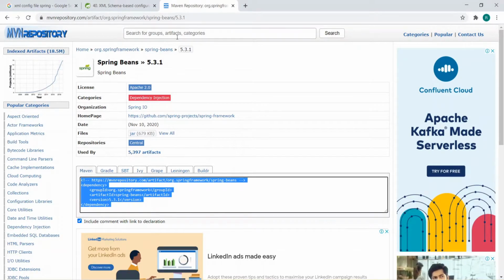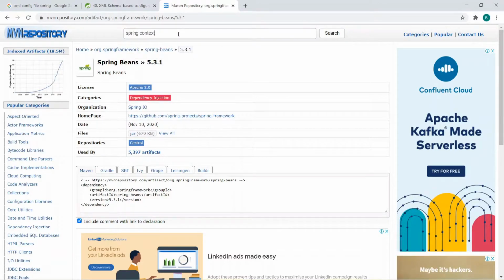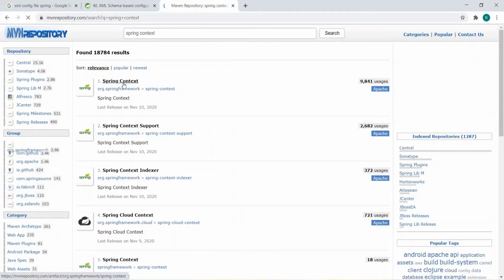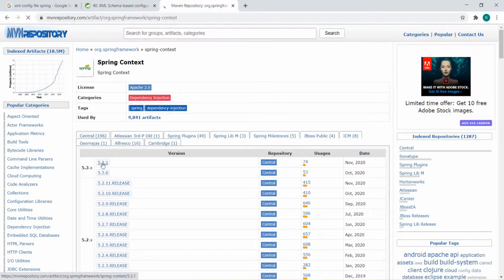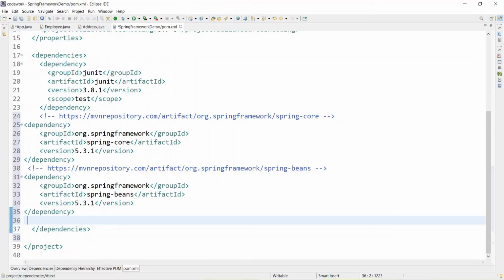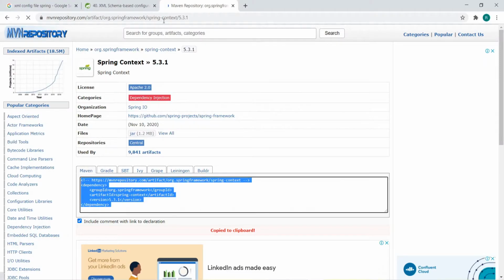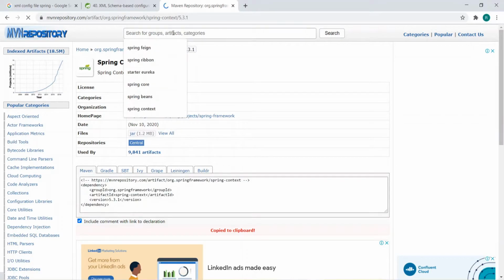Now again go to the Maven repository. Another thing required is Spring Context. We'll tell you what all this is. Spring Context, Control C, come here, Control V.